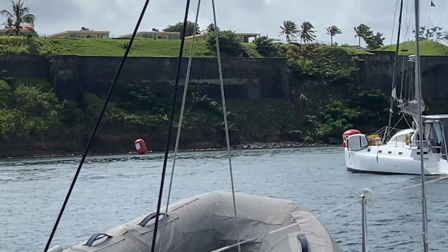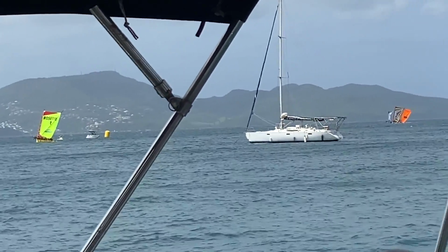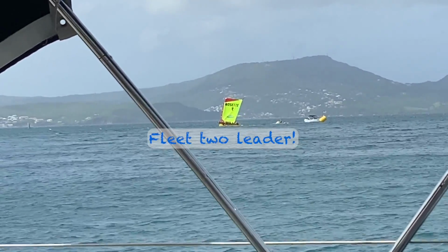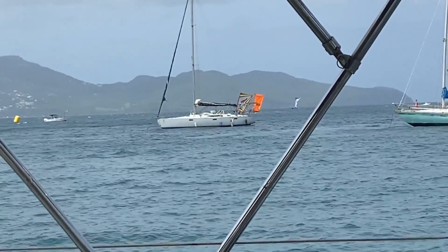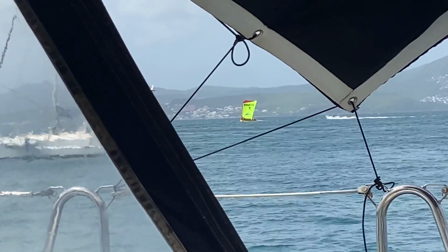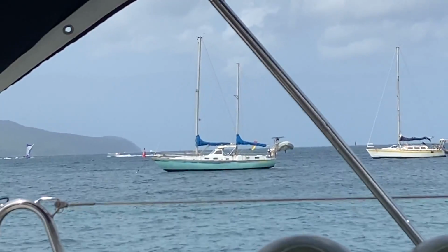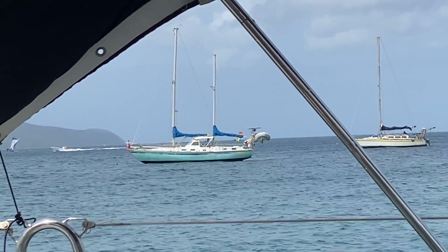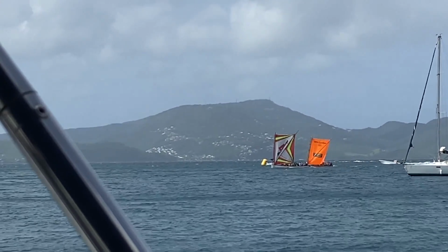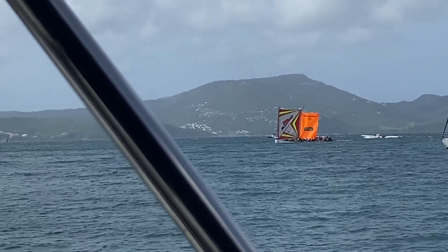There we go. Here's the finish line. But here's the leaders of this group. They've got a massive lead. So they've sailed beautifully, obviously. These two are having a bit of a battle. But unless something catastrophic happens, there's no way they're going to catch these guys. And then you can just see the tail enders coming through now. See them under the boom there? Yeah, it's pretty shifty even out there, actually. Oh, the one with the orange sail has tacked inside of them. Oh, who's going to get the...